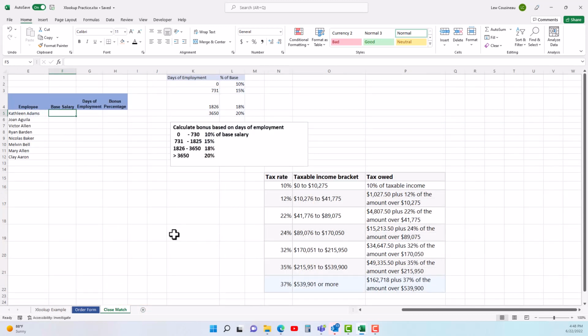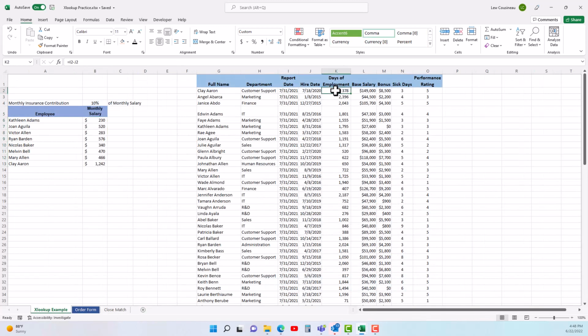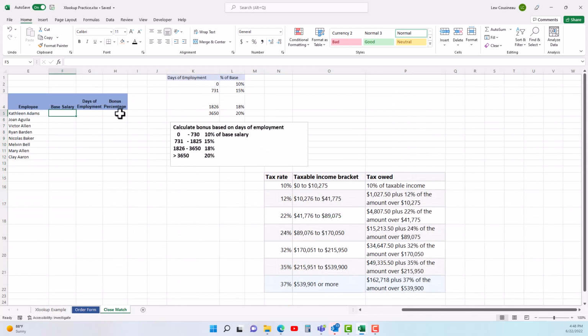Here's an example of how you do a close match. Let's say, notice in our data over here, we have how many days people have been employed with us. So it's all over the board, right? The days of employment are all these random numbers here in our database. And our bonus is based on how long people have been employed. So right here, if it's 0